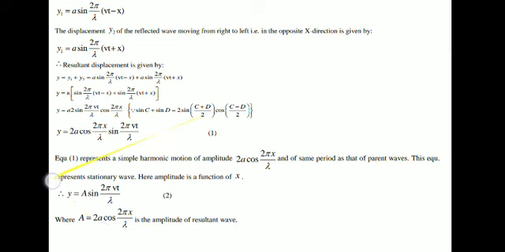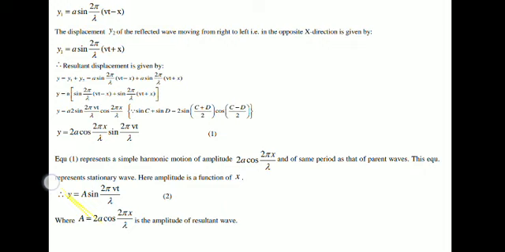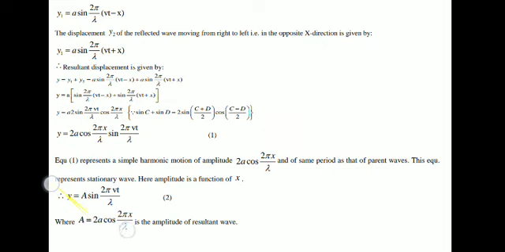Now 2 and a are the constants. The only variable is cosine of 2 pi x divided by lambda. Cos of some angle, and what is that angle? 2 pi x divided by lambda. So what will be the maximum value of this cos? This particular entity is called the amplitude. Now we will see when this amplitude will become maximum and when it will become minimum or zero. When this amplitude becomes maximum, those positions will be the positions of antinodes, and when this amplitude becomes zero, those positions will be the positions of the nodes.